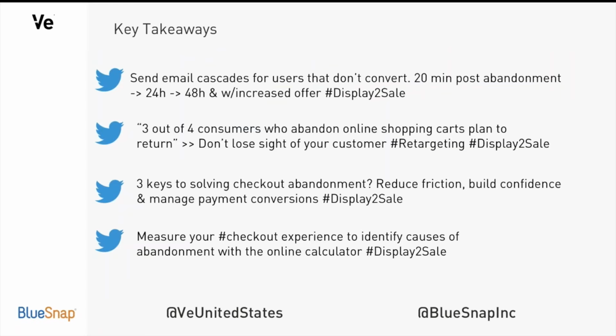So first off, for email cascades, it's not enough just to send one email to your abandoned users. Users require multiple touch points to make it through their user journey. So be sure you're offering those throughout, with the 20 minutes, the 24 hours, the 48 hours afterwards. You don't know what's going on with them. They could be getting a snack for their kid. They could have just stepped away. Their favorite show could have come on, and they could have decided to come back and purchase afterwards. You never know what the distraction will be or why they stepped away. So don't stop engaging, because as Terry shared those stats, there's a high probability they will come back and